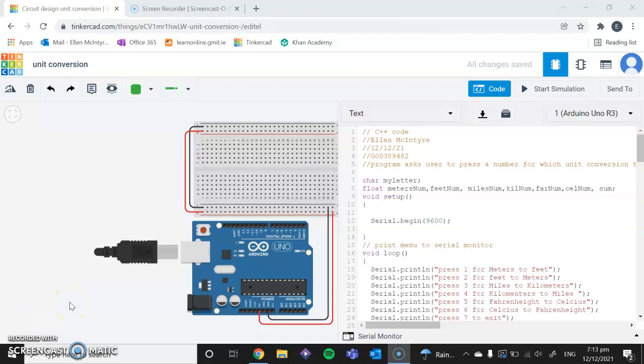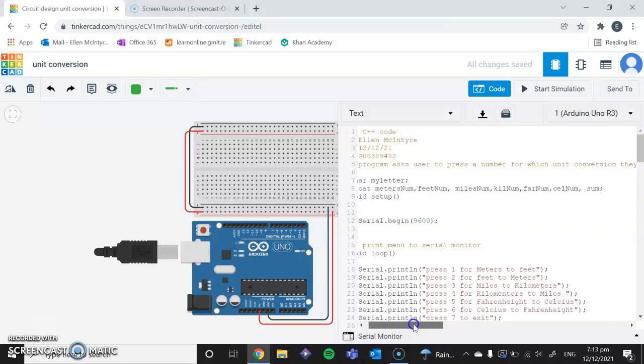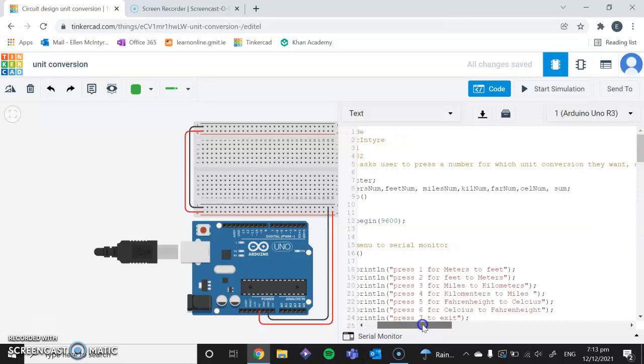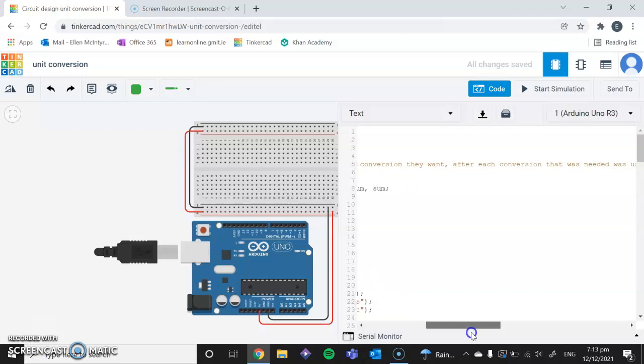This is my unit conversion assignment 3. So I started off with just a little description of what the code is meant to do. The program asks the user to press a number which correlates to a unit conversion that they want, and they enter in the conversion that they want, and once they receive their answer, it will return back to the home screen or the menu, and the user can enter as many as they want until they want to exit